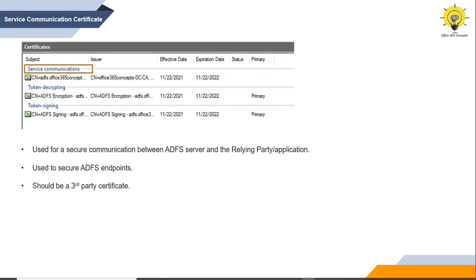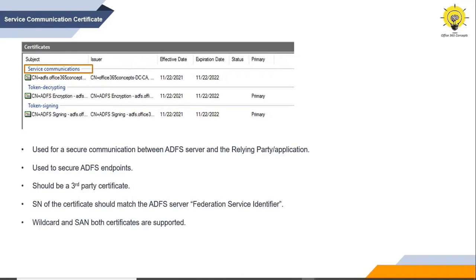The subject name of the certificate must match the Federation Service Identifier of your ADFS server. You can use either a wildcard certificate or a SAN certificate. Both types of certificates are supported. And the same certificate can be used on all the ADFS servers and proxy servers.